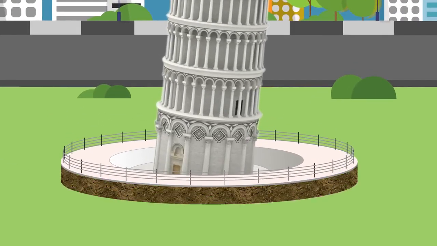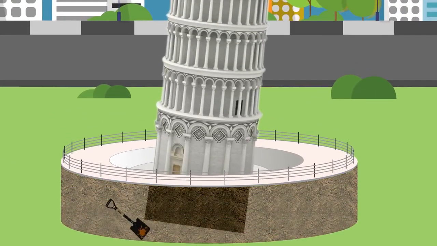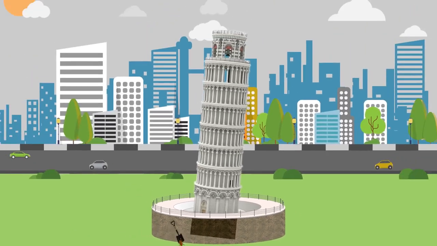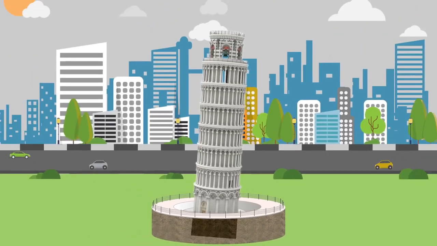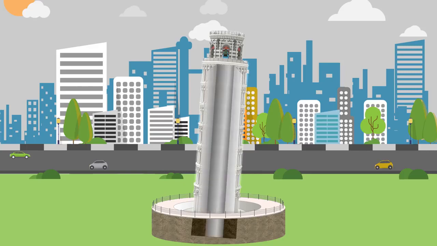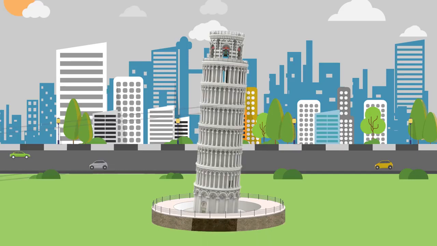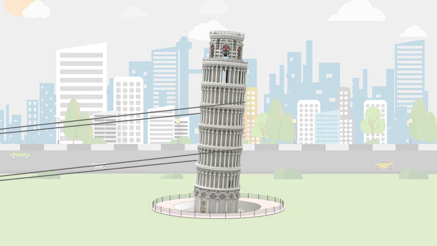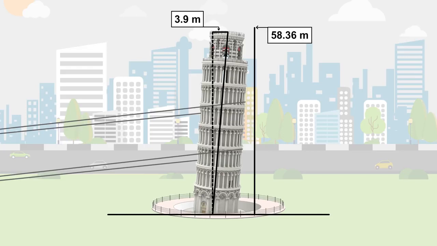So, it was decided that the tower should be moved a little, and the foundations were reinforced and the tower itself was encircled with steel cables, due to which the tower was moved by approximately 1.55 meters. As a result, the top of the tower was displaced horizontally 3.9 meters from the center and the height reduced to